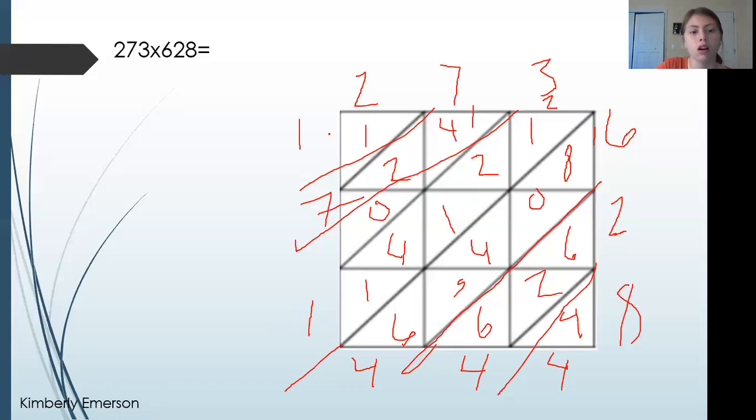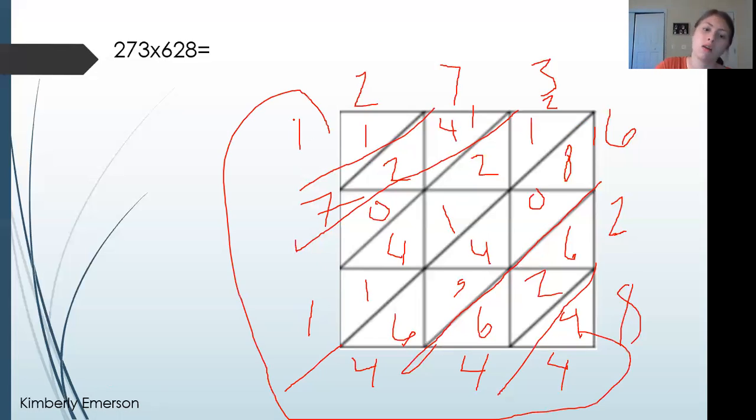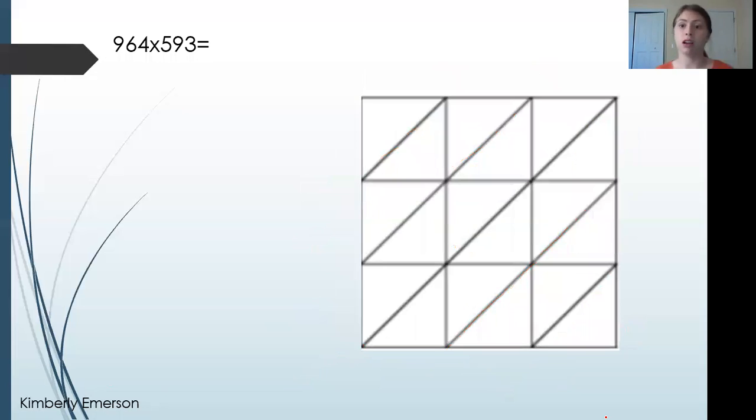So our answer should be, and we will double check it in just one moment, 171,444. See if that's what we got, and that is what we got. So as long as we make sure we're doing it step by step and not over rushing or overwhelming ourselves, we'll do fine. So same problem, put 964,